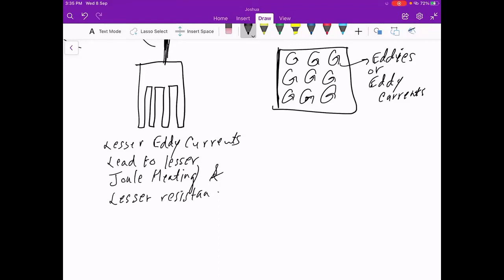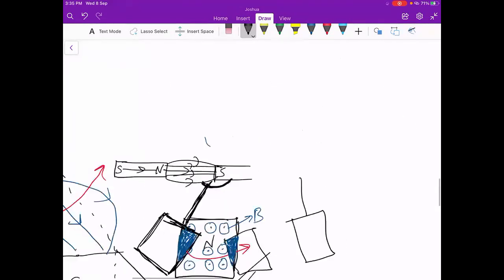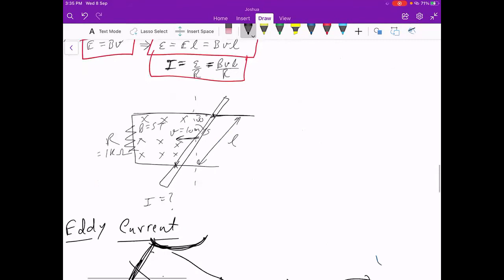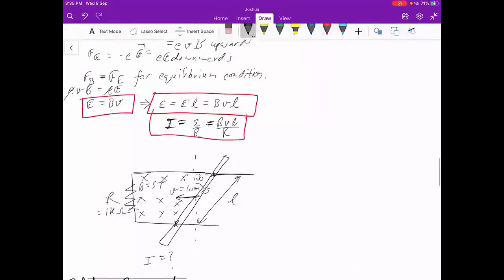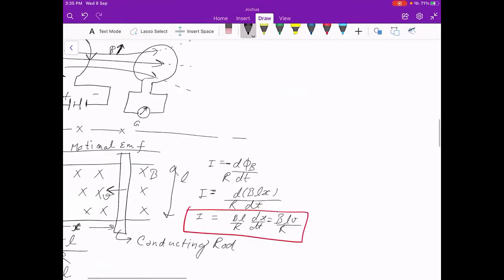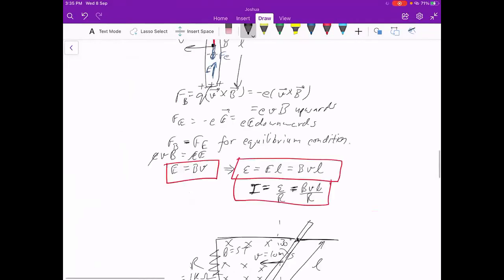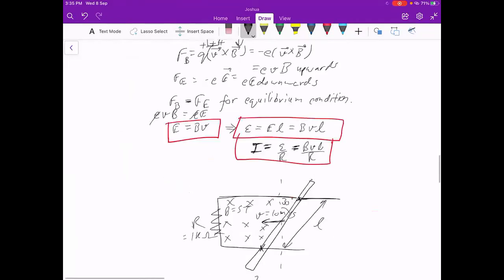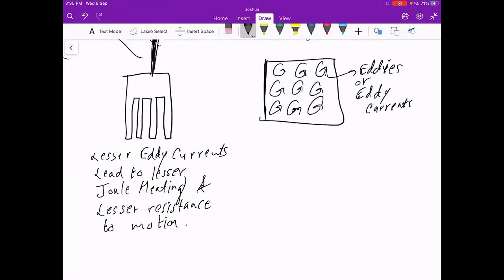Okay. So that is by Lenz's law. Basically, when you change the magnetic flux, wherever you go, there is a force that resists it. Wherever you go, like here, here, or here, changing the magnetic flux causes resistance to motion. Okay. So yeah, that's all. So basically that is good and bad. For example, Joule heating can be utilized,